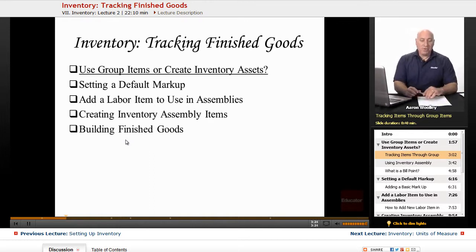Group items also give you a way to enter a great amount of line item detail quickly. So you can actually pull in a group item and it'll already pull in all the components that you typically would bill to the customer for that. Now, using inventory assembly